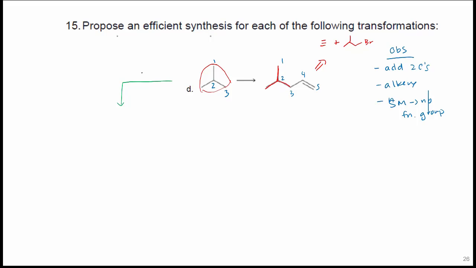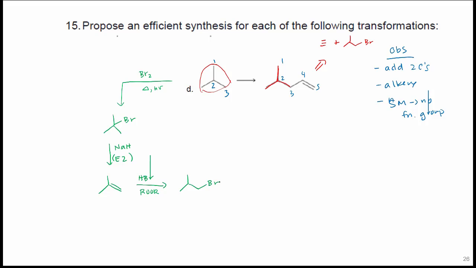So what I can do is add Br2 and light, or heat, and that will add the bromine to the most substituted carbon. We can then do an elimination with base. So I'm going to do an E2 and use sodium hydride. So that will do my elimination. And I want to add Br to the end. So I use HBr plus peroxide. That will add Br to the end.